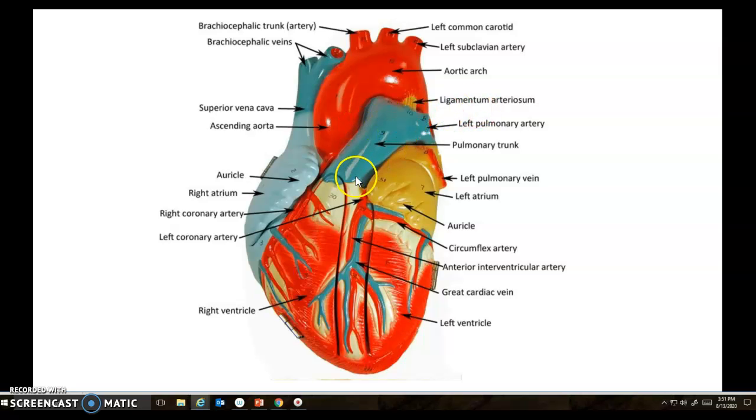All right. Now here is the pulmonary trunk that divides into the left and the right pulmonary artery. We know this, yes? We also know the right atrium, the left atrium, the right ventricle, and the left ventricle. Now the overlapping stuff which is beyond is called the auricle. Now here what we also notice is that the heart has its own blood supply. And so on the right side, we'll see the right coronary artery, and here we'll see the left coronary artery